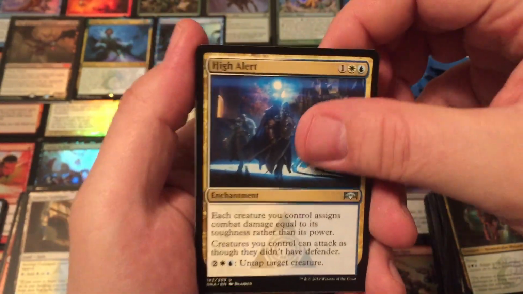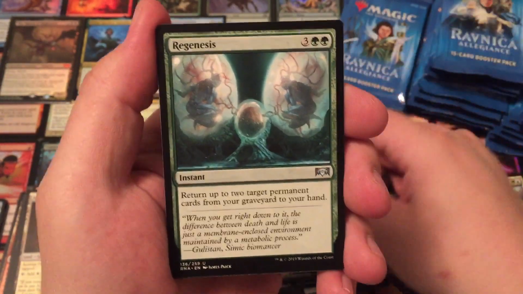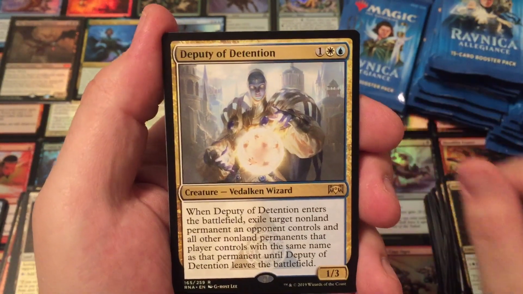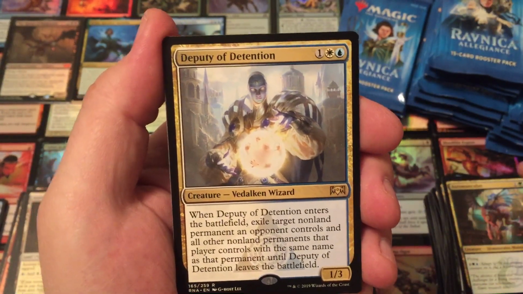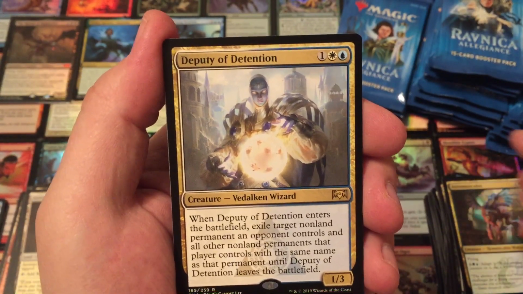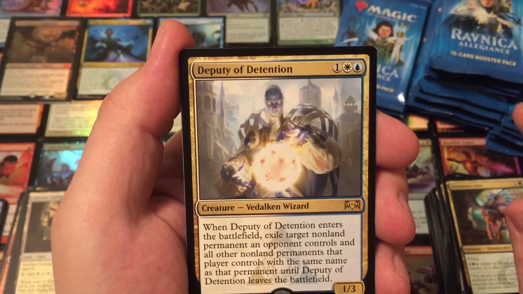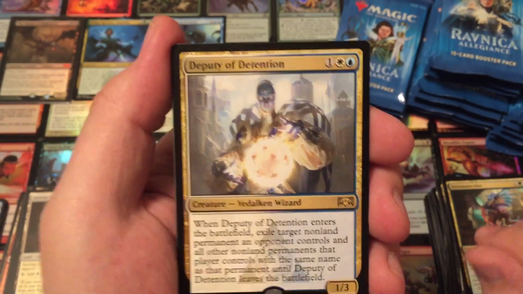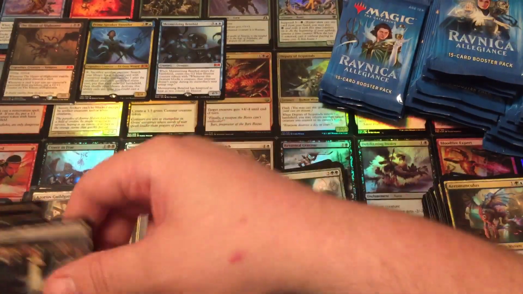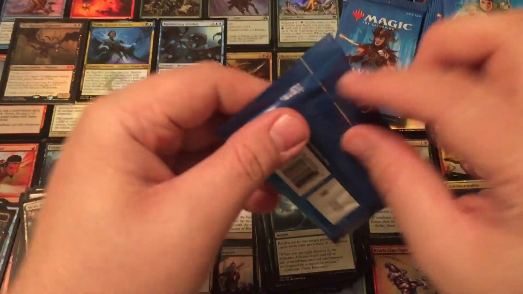All right, High Alert, Trollbred Guardian, Regenesis, and Deputy of Detention. It's a 1/3 Vedalken Wizard. When Deputy of Detention enters the battlefield, exile target nonland permanent an opponent controls and all other nonland permanents that player controls with the same name as that permanent until Deputy of Detention leaves the battlefield. Bring this out, name those tokens, get them off the board, and don't worry about the secondary effect of them coming back. Take that,